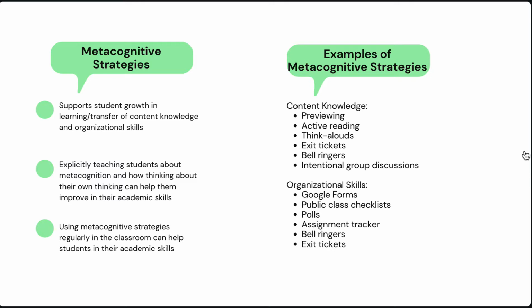Some strategies, I won't go through all these in depth by any means, but they're very, very simple things like previewing, active reading, exit tickets, and bell ringers for content knowledge and organizational skills. This is definitely how I've used metacognitive strategies in the classroom to help support these types of skills. But Google Forms, public class checklists, polls, assignment trackers, bell ringers, and exit tickets are all, again, very simple things that make a pretty powerful impact in the classroom. So moving forward,